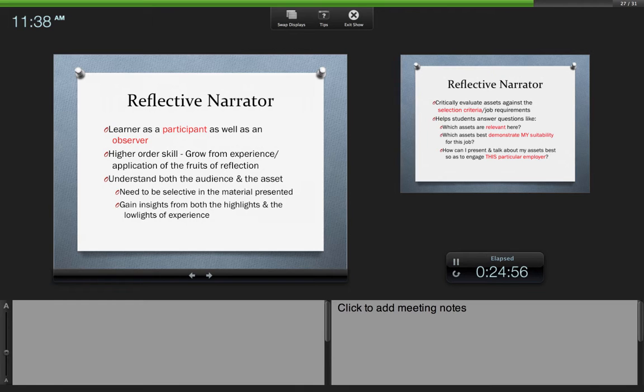And they reflect in their wiki, they talk with their peers, and they talk with their professors, and they improve it. So they have to understand their audience, because they have to understand who are these people who are evaluating me in the job market. So they continuously look at job advertisements, and they selectively present themselves, and they gain insights from both